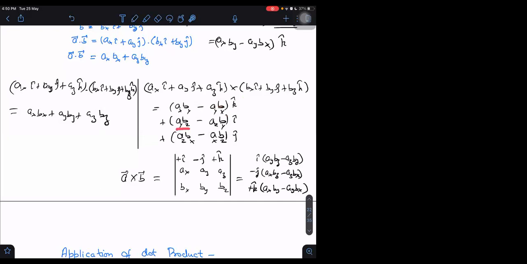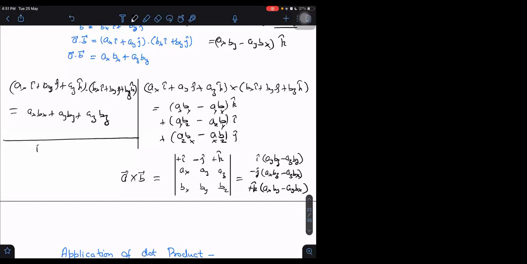Similarly, yz, what comes after yz? X again. So xyz, then xyz, after z again comes x. Think like that. Yz, then what will come here? X cap. But it is zy, it is backward order, therefore it is with negative sign. After z comes x, so that is zx, then y cap means j cap, but it is opposite order, so it is xz. Understood? That's why it is coming with negative sign. That way we can remember it. It is your own way how you would like to remember. You can develop your own method also.